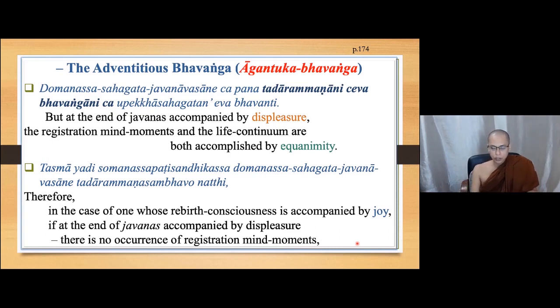As you know, in the two-moment process, after registration the bhavanga arises. If the bhavanga arises, his original bhavanga is a joyful feeling. If the registration arises, the registration is equanimity and the bhavanga is joyful. They are not of the same type. That is why it is impossible for registration to occur in this case. There is no registration. Okay, then